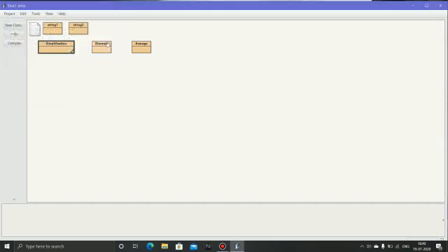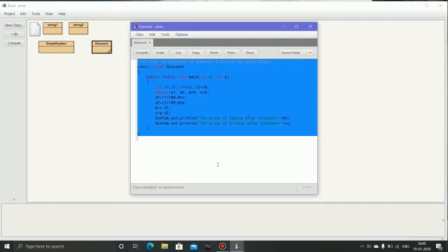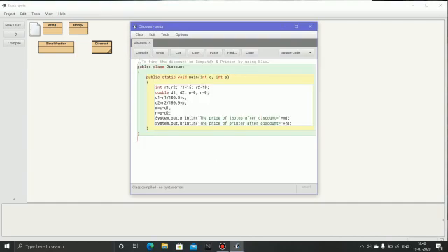Now I am explaining your next program, discount. Same way we will make it like that. After that, open the editor. Here I have written the program to find the discount on a computer and printer by using BlueJ. Here we will input C for computer and P for printer in place of String args. Public class discount, then public static void main. In place of String args, we have written the computer and printer, int C and int P.